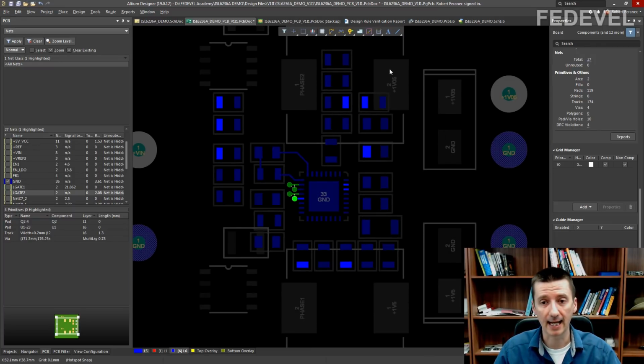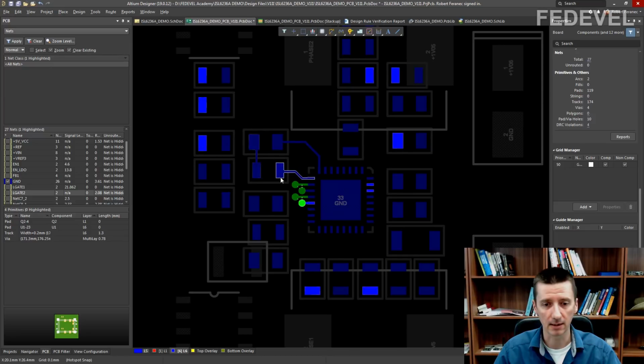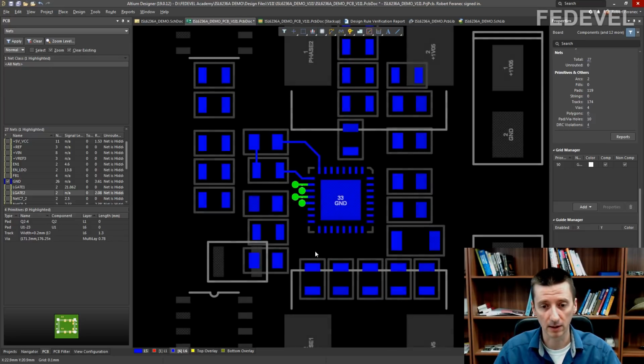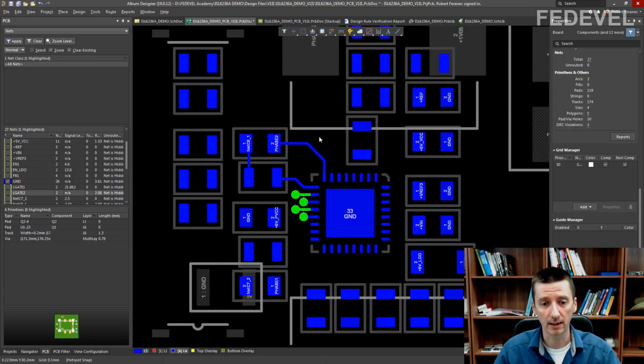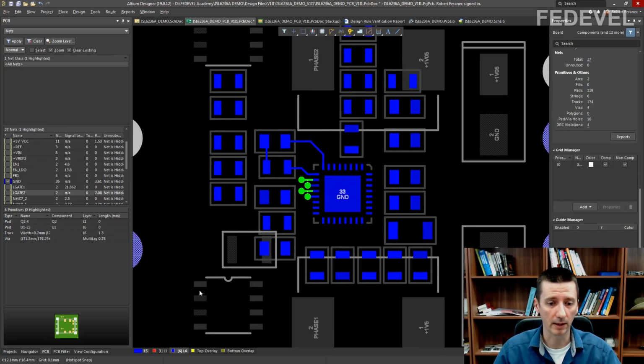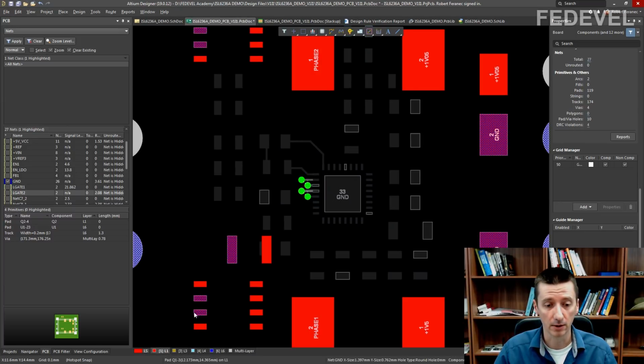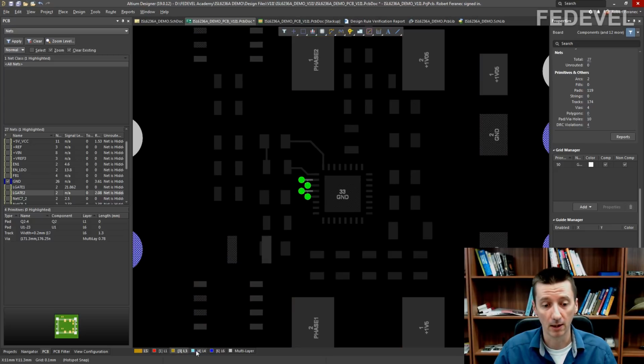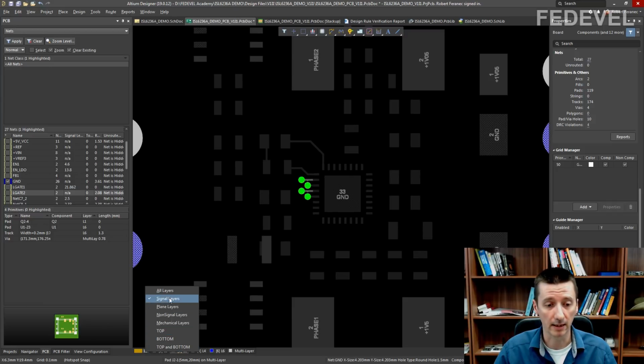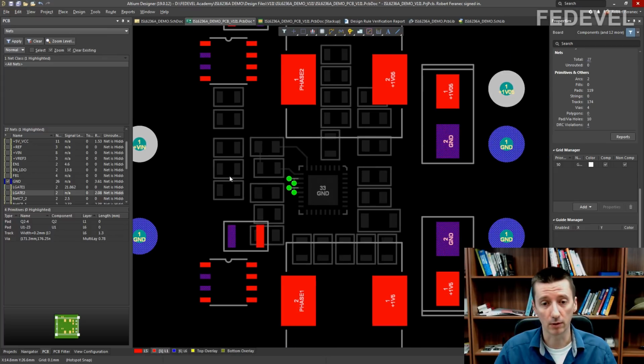And because it is grayed out, it's not going to be so disturbing. You can still very nicely see the bottom layer. When I left click here, you very nicely see the bottom layer, but if needed, you also see the top layer. When you are doing a layout of the middle layers, for example on layer 3 or layer 4, you may want to use this kind of view, signal layers. For top and bottom layout, you may want to use this kind of view.